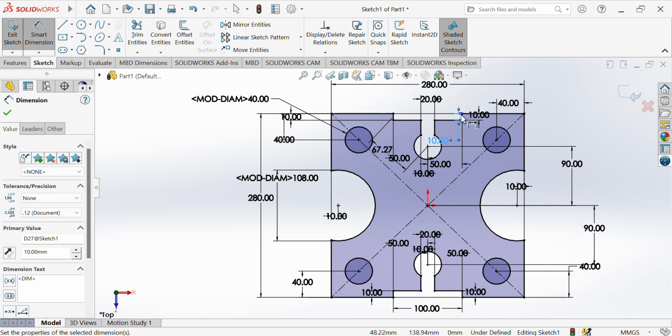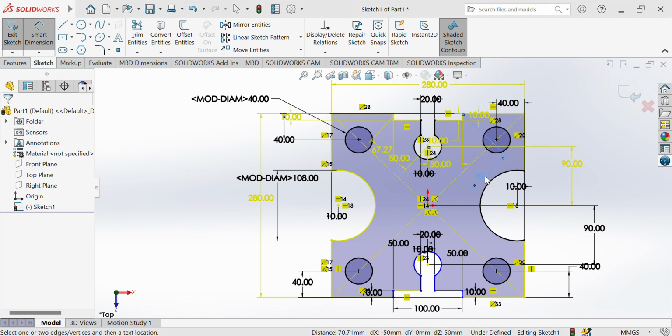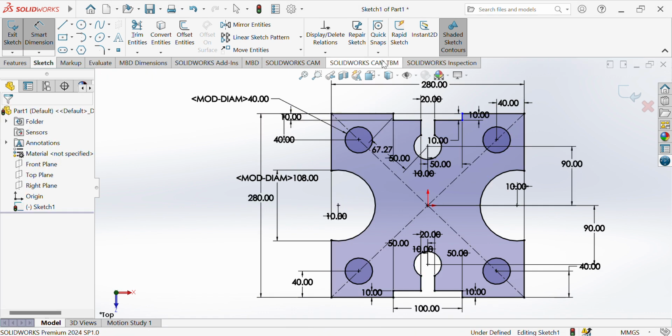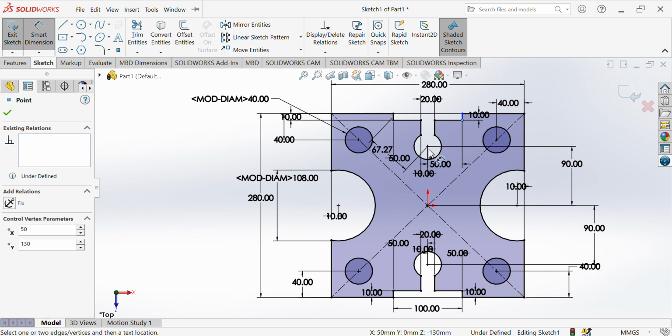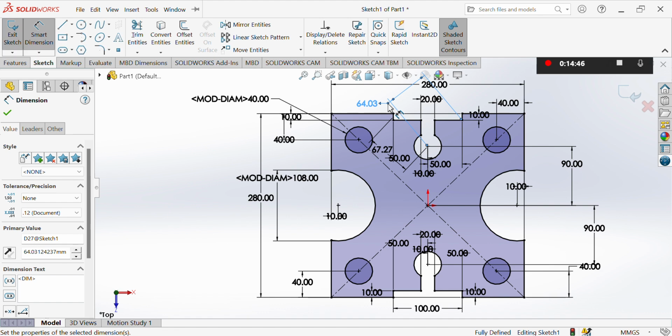From this point to this center. Okay. From this point to this center. So everything is fully defined. I just related it to the centers of these circles that are already defined, or the main center. So with that we can extrude our surface because we have drawn out